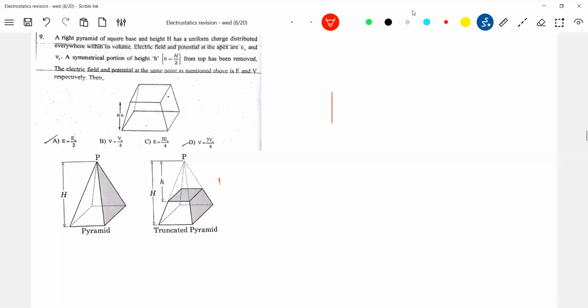We have the field due to a square plate or rectangular plate. If this is sigma, what is the field strength somewhere here? Think logically, nothing bigger. So what is this? It's a thin charged plate, non-conducting charged plate. Finite, not infinite. For infinite, we know it. For the infinite sheet, we know the field is sigma by 2 epsilon naught. But for a finite sheet, we don't have a formula. Agreed?